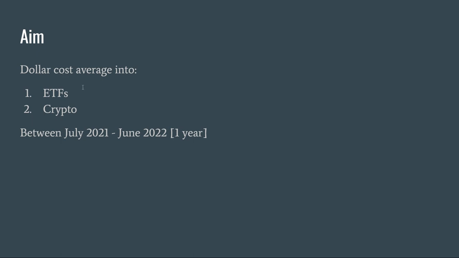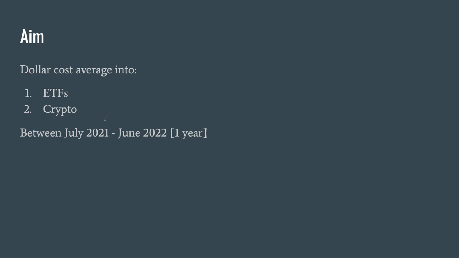So, what I wanted to do is to dollar cost average, and for those who don't know, dollar cost averaging or DCAing is to put in a fixed amount of money into a particular investment vehicle on a routine basis. So you don't try and time the peaks or the troughs, you just buy in on a very mundane and very boring kind of basis, which is good for someone like me.